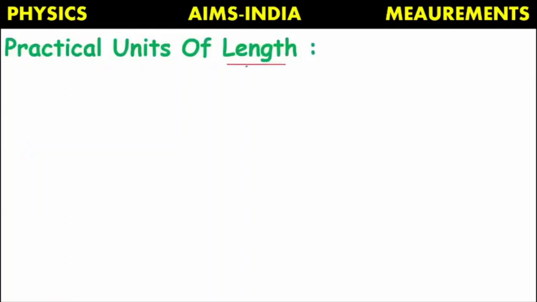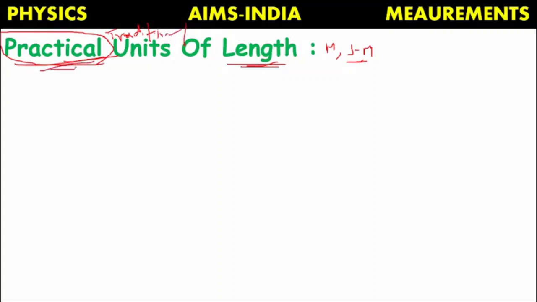So for length, mass and time, our scientists, along with standard units, have proposed so many multiples and submultiples. But still, in so many countries and so many conditions, people are making use of traditional units which they were using from olden days. They are continuing the same traditional units for making the measurements. So they are called practical units.